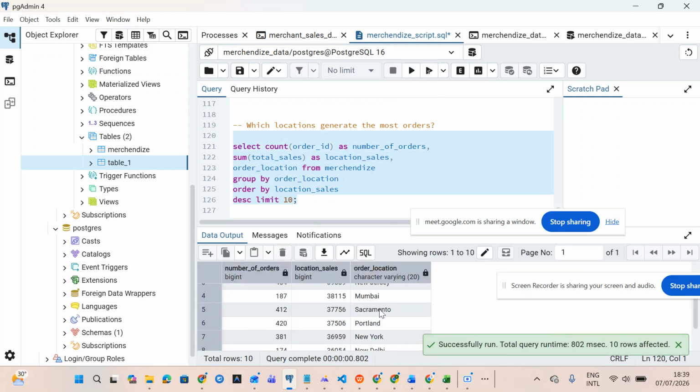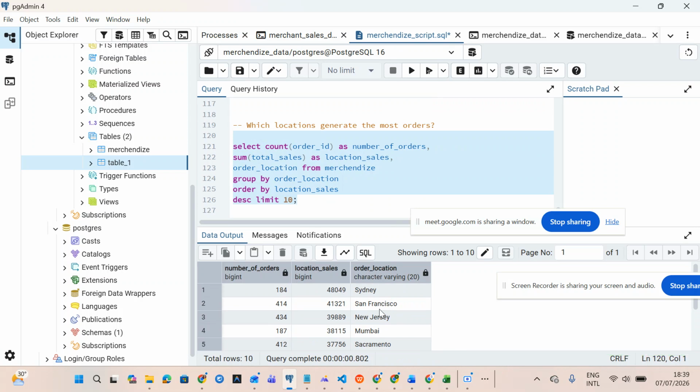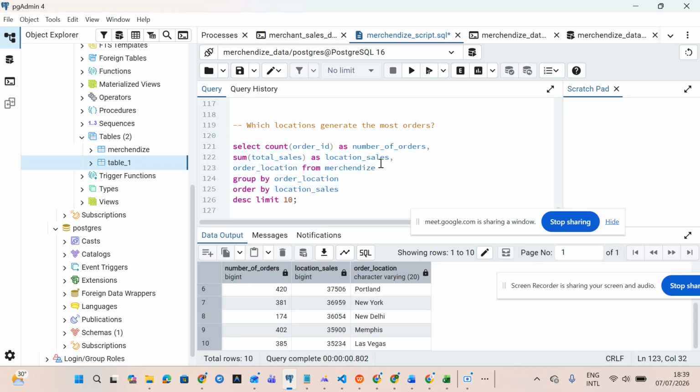So this we are able to see the top 10 locations that generate the highest revenue, or you can just say location sales, or you can just call this revenue, right? So let total sales as revenue, and order by revenue,